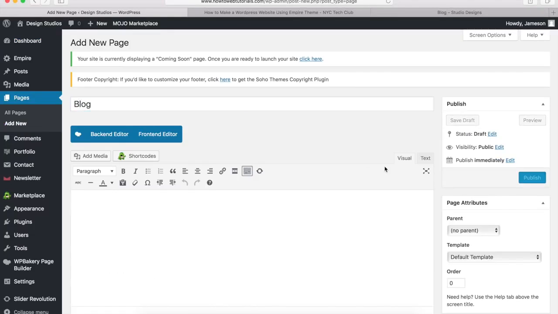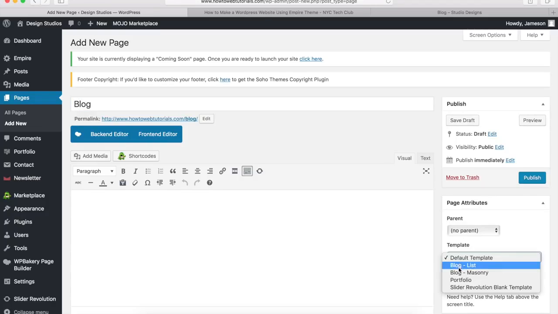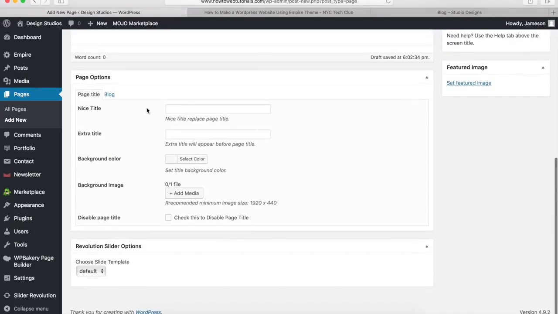title right here. And then I want you to come to the page attributes on the right-hand side, and in this template drop-down, you want to select the template that you want for the blog layout. So there's the list option and the masonry option, and we use the masonry grid for this WordPress website. So go ahead and select that, and then come down to the page options, and you should see 2 tabs,